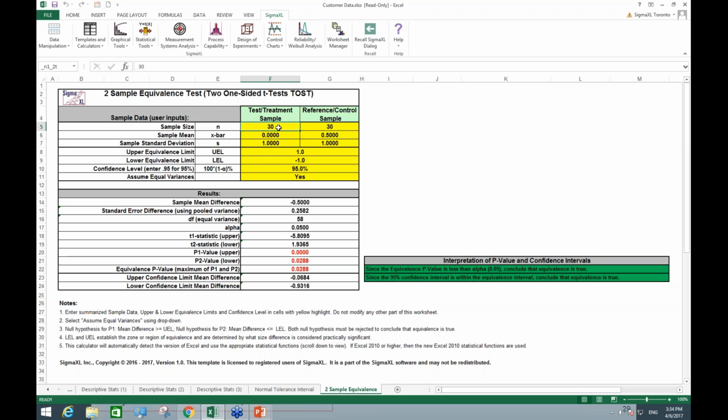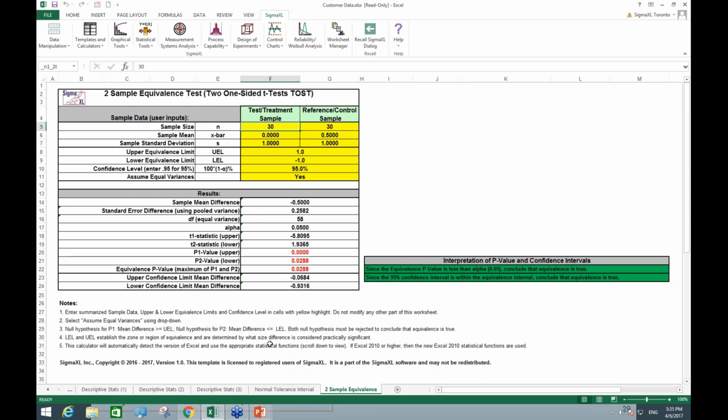So you have the sample 1 size, sample 1 mean, sample 1 standard deviation, sample 2. You enter these values, but you then also have to specify an equivalence interval or equivalence limit. This equivalence limit establishes the zone or region of equivalence, and it's determined by what size difference is